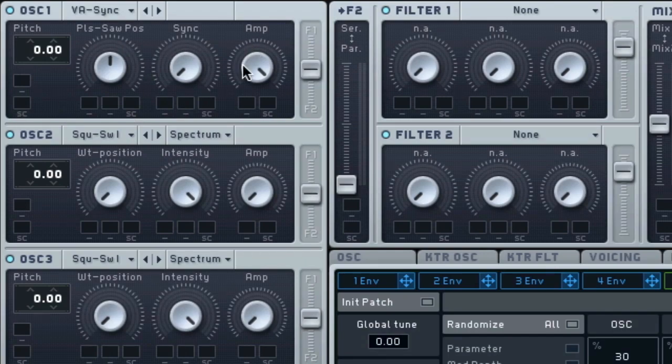There's a master and a slave, and we're not hearing the master. The sync knob is controlling the tuning of the slave relative to some unheard master that's underneath this, which is actually taking the input from the keyboard and allowing this oscillator to track the keyboard. So when I depress a key and then sweep the knob,